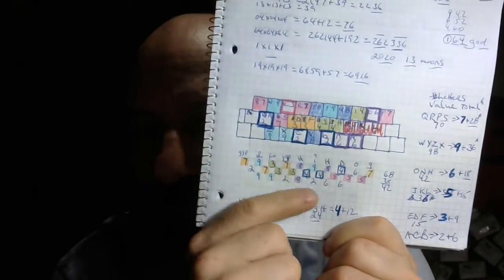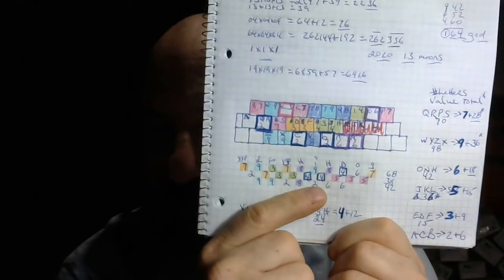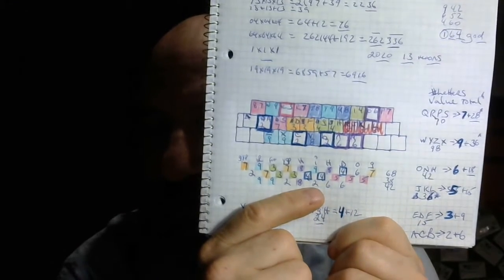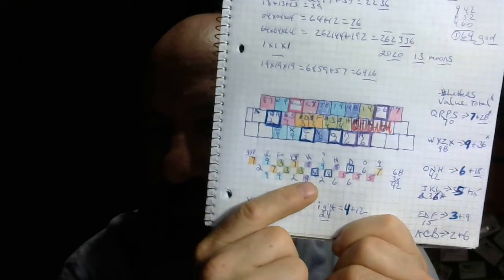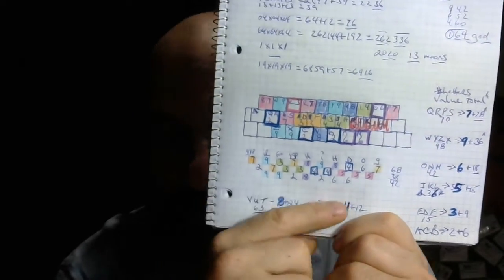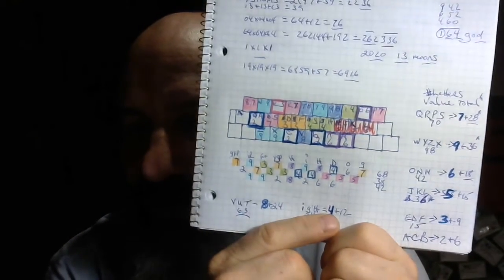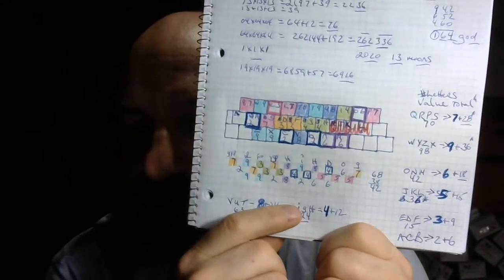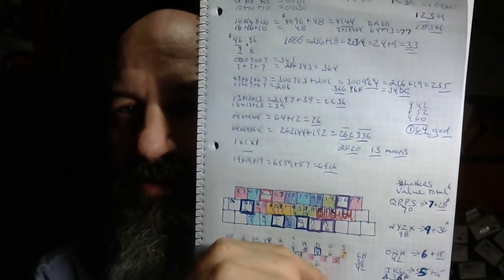28, 82, 2020, 626, 2020. 6 times 2, 6 plus 2 equals 8 and 12 equals 20. 2 times 8 is 16. 2 and 8 is 10 equals 26. So they're all reflective of each other. Why is this 4 and this is 3? Because this value is 4, but there's 3 of them inside of this one.